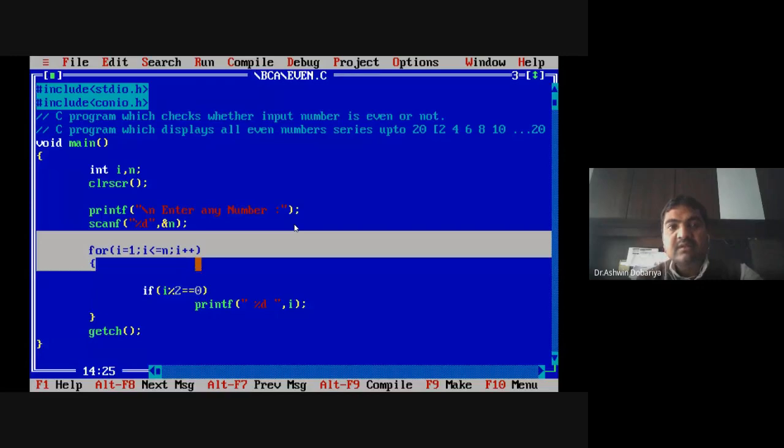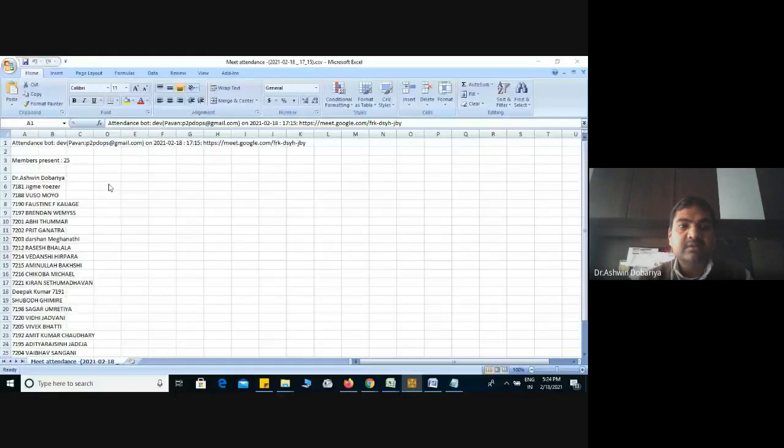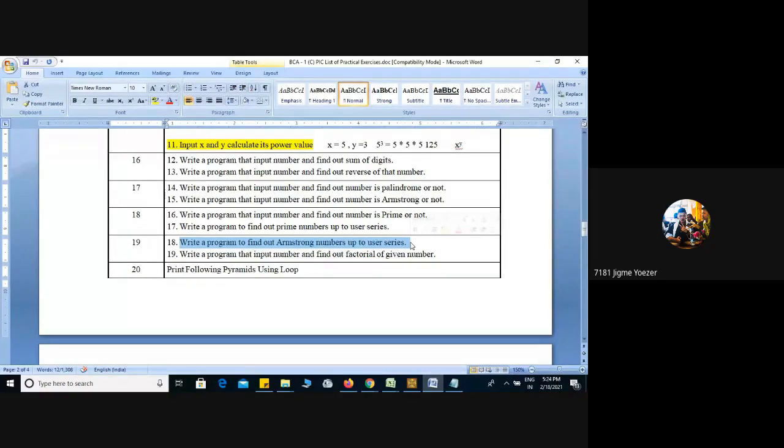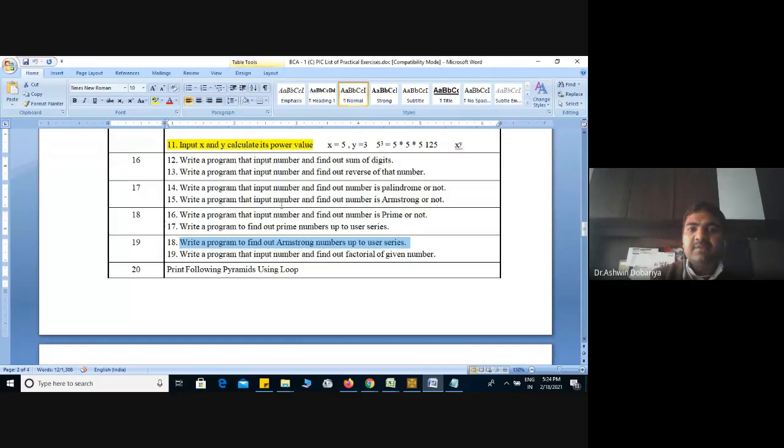then now tell me, what is the difference between these two definitions? Definition number 15 and definition number 18. What is the difference? The output will be an Armstrong series. In program 15, what do we have to do? We have to take input from the user and simply display a message, this is Armstrong or not. But in this program, what do we have to do? We have to display the series,